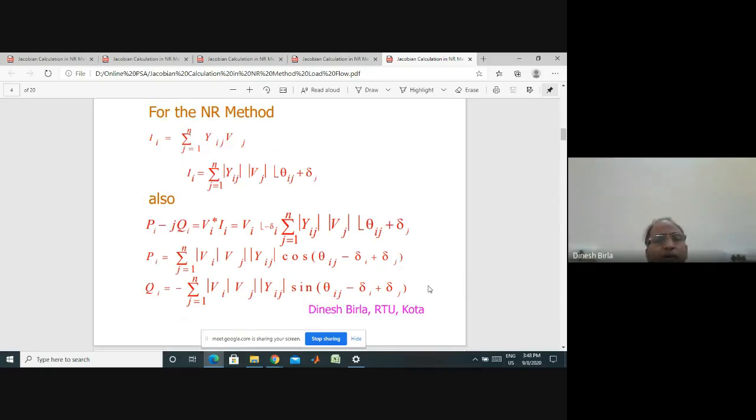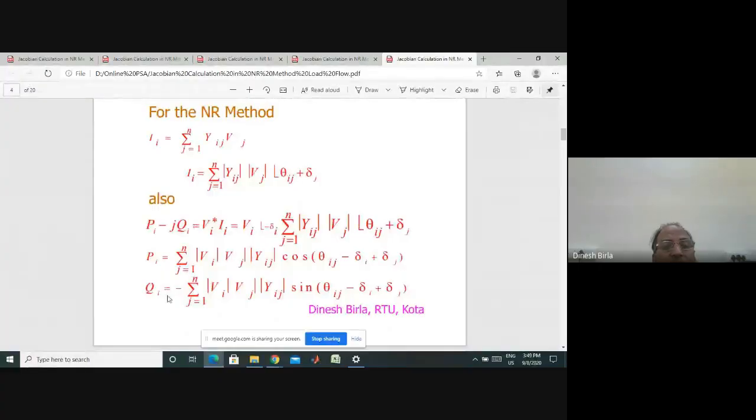Now you separate Pi and Qi. That is quite simple. We have Pi in terms of the real part of Pi minus jQi, and we have expressed Qi in terms of the imaginary part of Pi minus jQi. So from this expression, this is quite simple to understand. For example, we have an expression only Vi angle delta i. It means this is Vi cos delta i plus j Vi sin delta i.